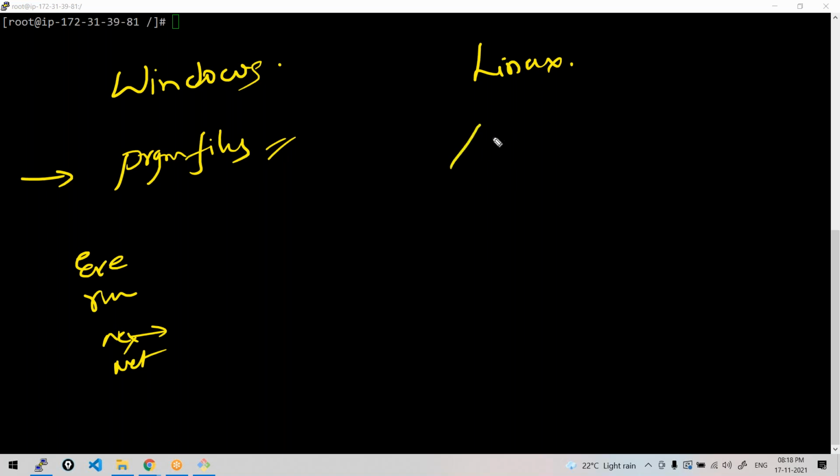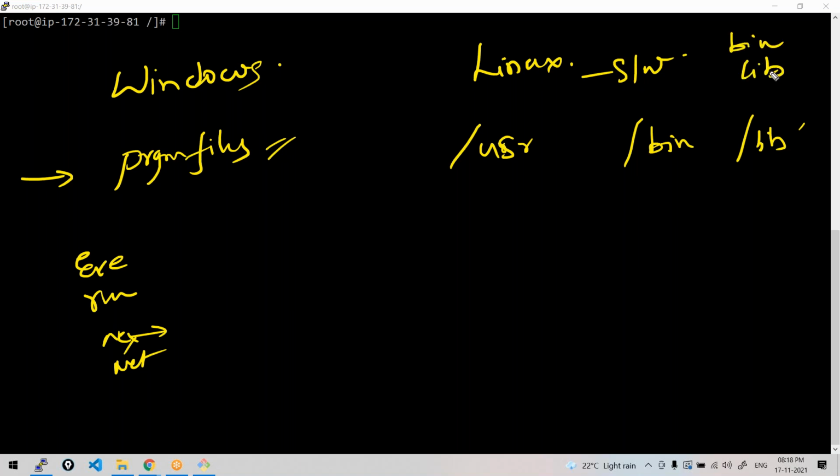Your installation files will be divided into different folders, like bin folders, lib folders, and so on. Let's say I'm installing a software. This software may have some binaries, some libraries, and so on, right? So they will all be shared across multiple directories, like you have already seen. Some bin folders, lib folders, default folders are there. So your software will be split across, and it is not very easy to delete or manage them.